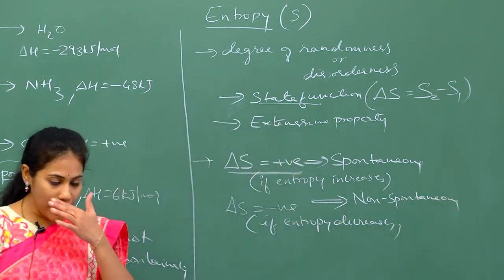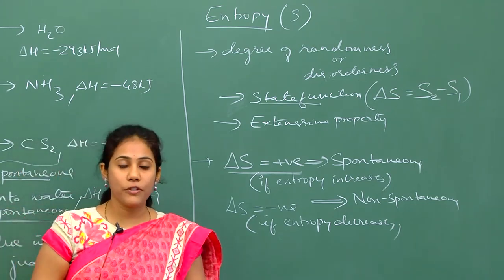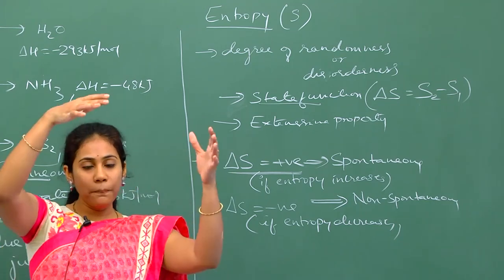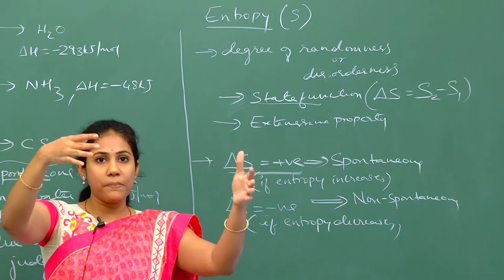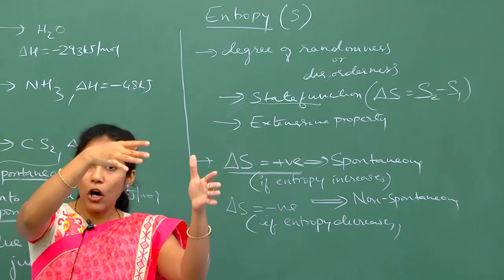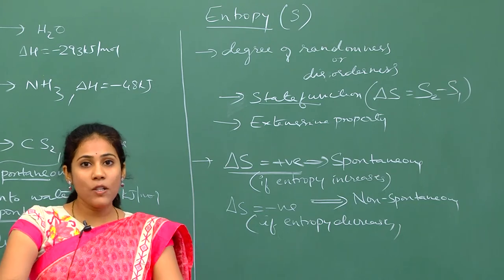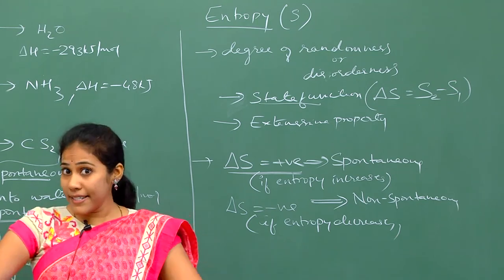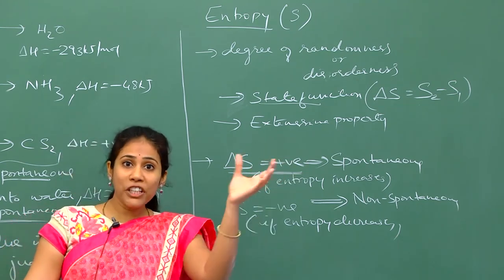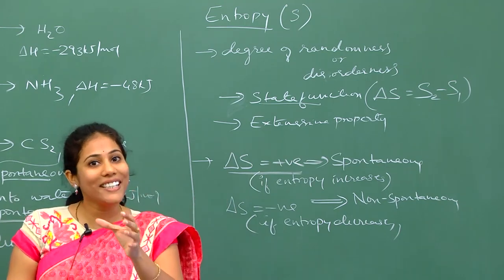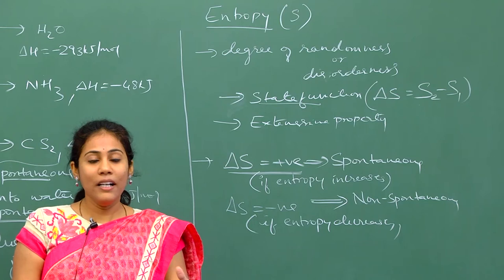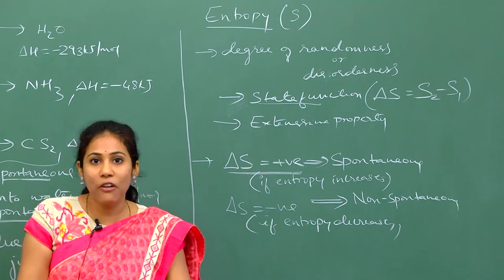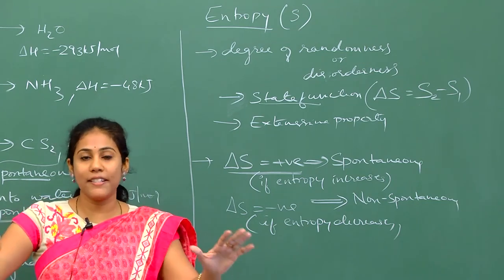So I can connect it to a real life situation also. Imagine a waterfall falling from top to bottom. When you observe the waterfall at the top, the water flows in an orderly manner. But as the water reaches down, it keeps on spreading, which means disorderness is increasing. All natural processes are associated with certain disorderness. For example, if I want to make you all sit in an orderly way, I need to use my energy, I need to shout at you, then only you will sit at your places in an orderly way.